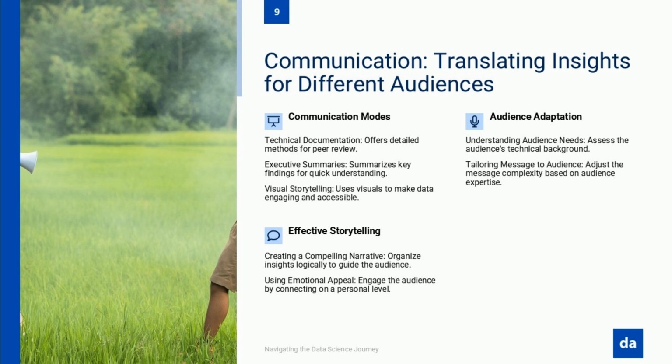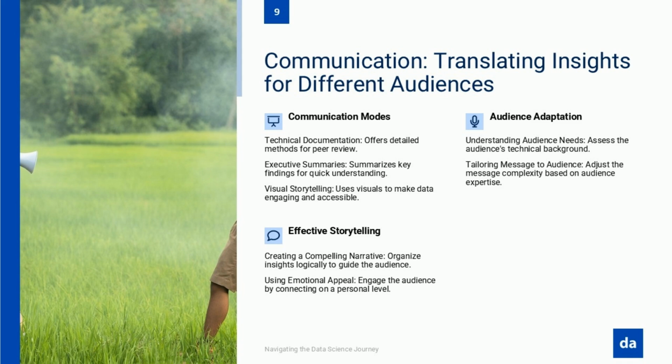Color, when used strategically rather than decoratively, can direct attention to critical information. Annotations that explain unusual data points or highlight key thresholds can transform a static visualization into a guided analytical experience. And titles that state the conclusion rather than merely describing the content ensure viewers don't miss the forest for the trees. But individual visualizations, no matter how clear, only become truly powerful when woven into cohesive data narratives.